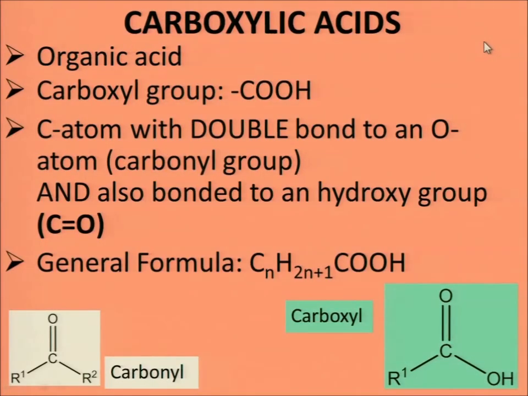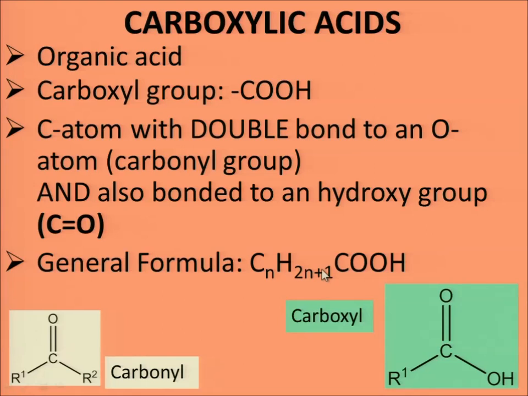Today we're going to talk about carboxylic acids. Carboxylic acids are organic acids with the carboxyl group, COOH. It's a carbon atom with a double bond to an oxygen atom, like the carbonyl group we talked about in the previous lesson, and also bonded to a hydroxy group. The general formula for carboxylic acids is